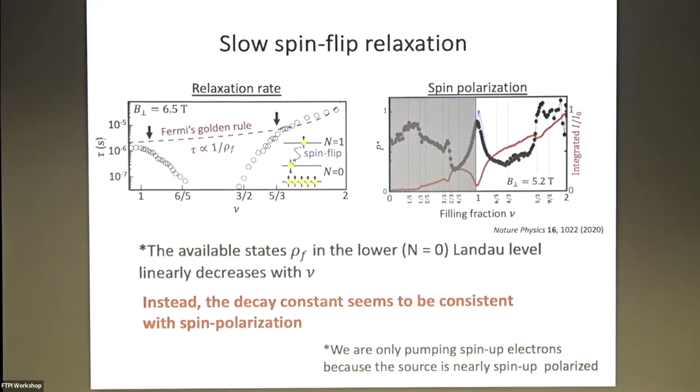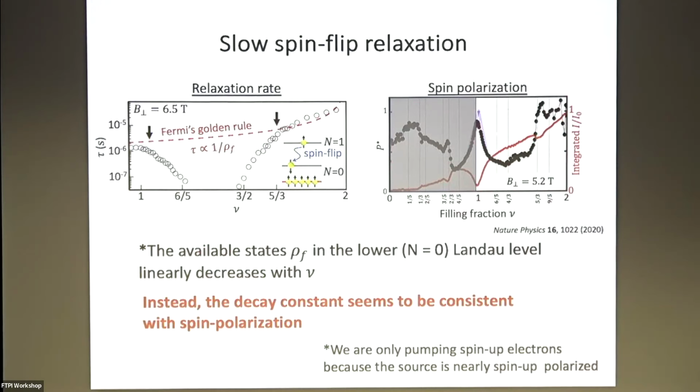So what we can do is plot the time constant for the decay, and what you can see is that around filling factor 1, the decay is slow, but then when you get past about 6/5, it becomes very fast, too fast for us to measure, and then as you approach filling factor 2, the time constants become long again. What's interesting is that in terms of the spin polarization curves that I showed you, this is looking between 1 and 2 in this white region here, just like this is here.